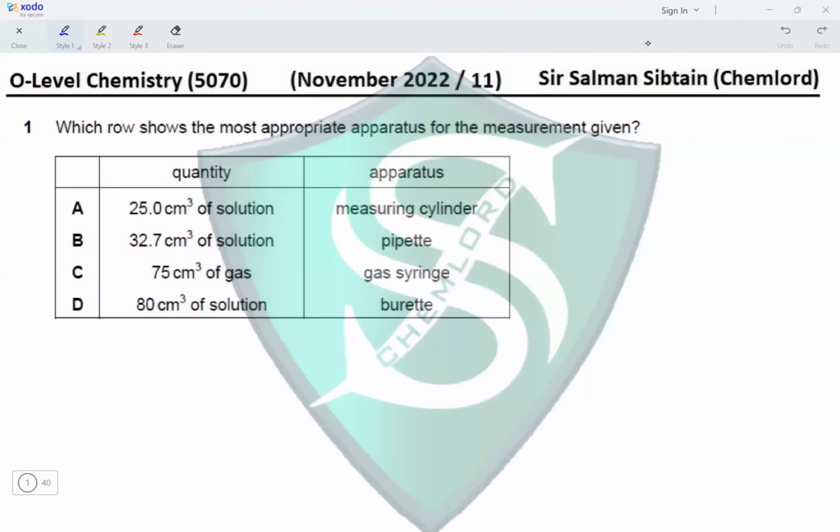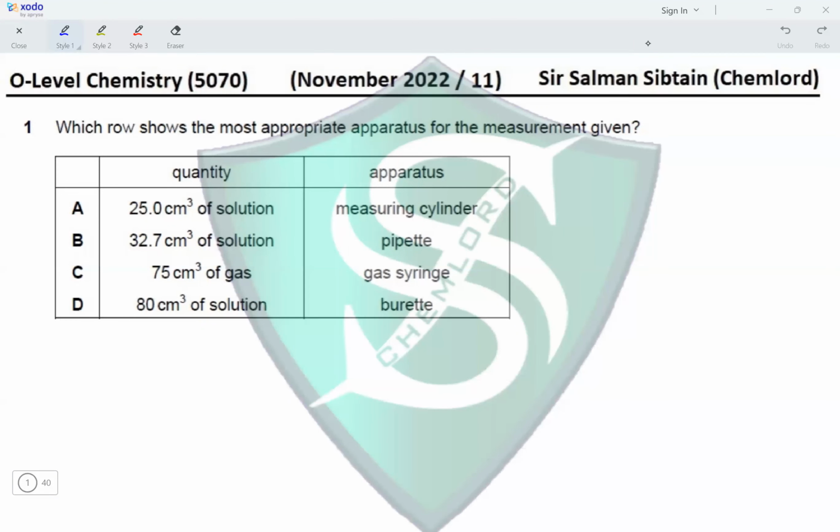Hi guys, this is O-level chemistry, paper 11, November 2022, question 1. Which row shows the most appropriate apparatus for measurement given? Okay, so option A, 25.0 cm cube of solution and the apparatus uses a measuring cylinder. Just by looking at this, we can easily conclude, yes, we can measure 25 cm cube of a solution using